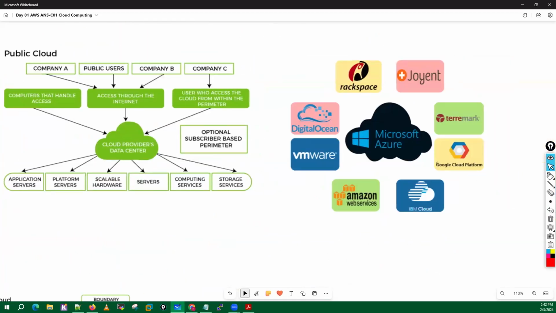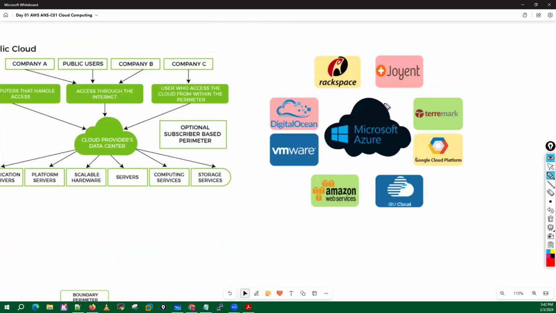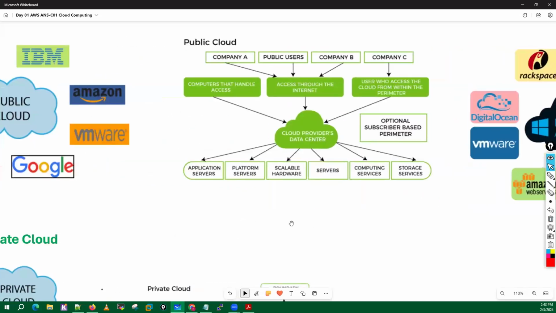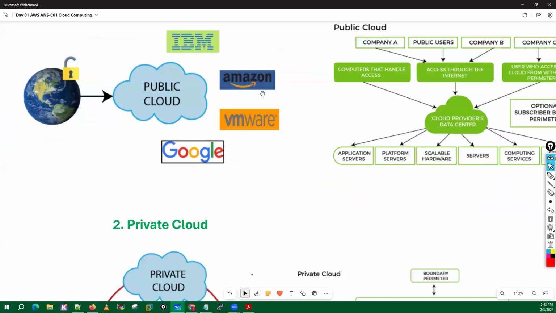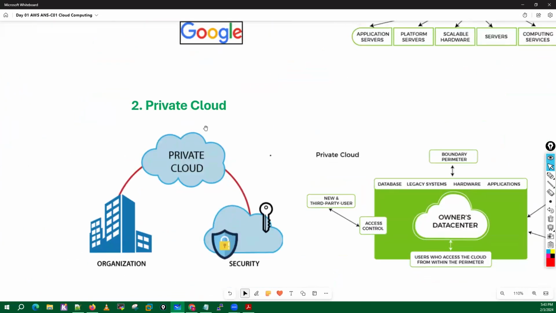I have put a couple of examples here with regards to the public cloud. Rackspace is also one of the organizations. DigitalOcean is also one of the cloud service providers, right? IBM, Google Cloud, Azure, right? These are a couple of other companies which also come under the public cloud category. Okay. Now in private cloud, guys, as I have mentioned,